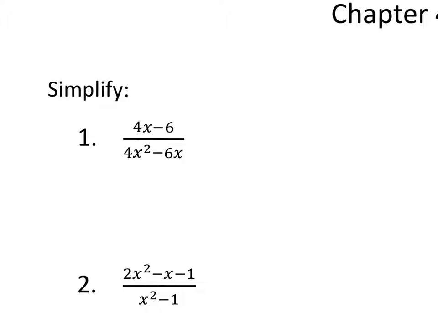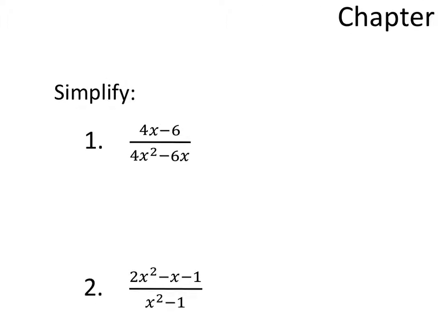So first off, we're going to simplify some rational expressions here. To simplify a rational expression, you have to factor the numerator and the denominator. So the numerator says 4x minus 6. We're going to factor out a GCF of 2 in the numerator. So that will be 2 times 2x minus 3. And there's a GCF in the denominator of 2x. So we're going to factor out a 2x. So 2x times